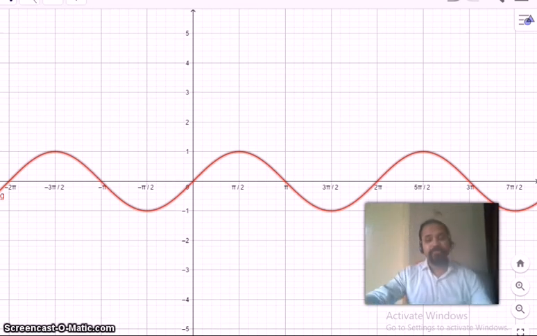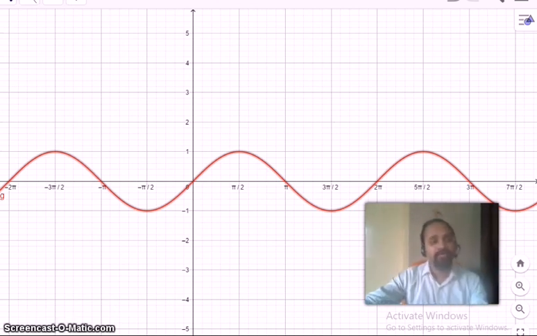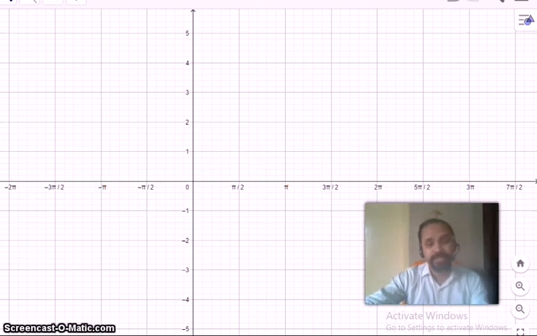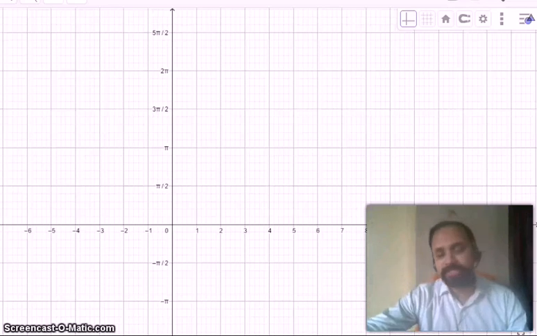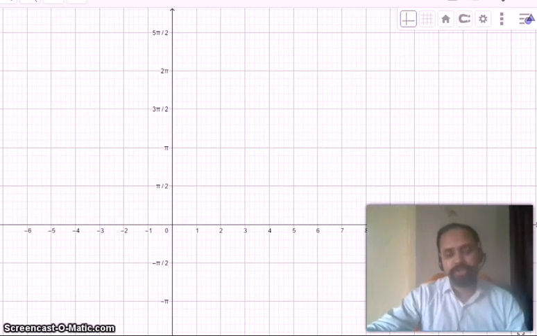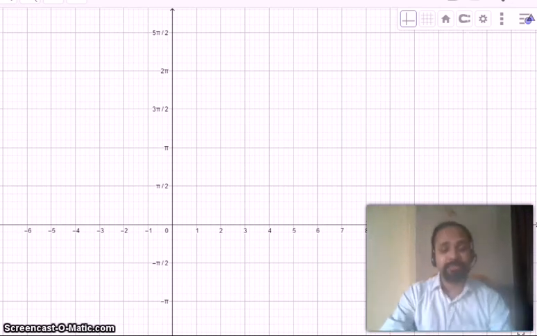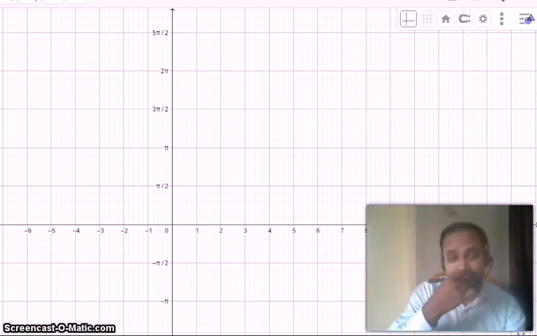That means the basic criteria for inverse trigonometric functions is that the function must be one-one and onto, but here trigonometric functions are many-one functions. So we have to restrict the limit of the trigonometric function, then only can we say that the function is invertible. So let us see how we can make it invertible, starting with the graph of sine, and how we can restrict the domain of trigonometric functions so that they become invertible.